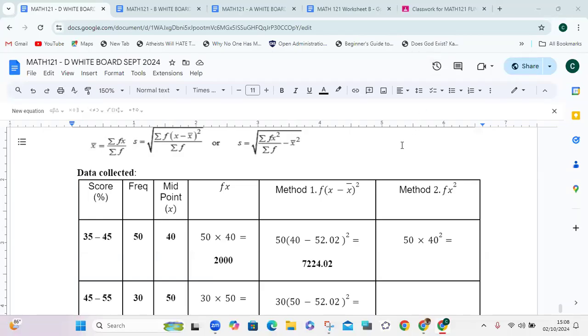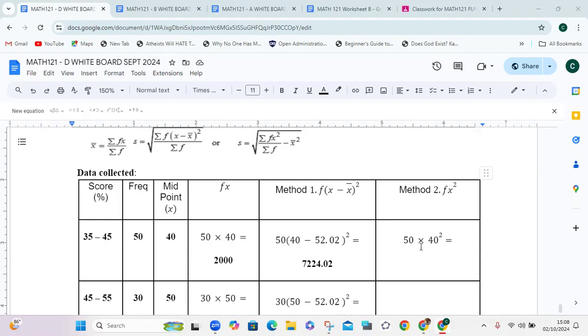In this recording, we are going to demonstrate how to calculate standard deviation using method 2. Here is the formula: the sum of fx squared over the sum of f, minus the mean squared. Now you notice that the table has facilitated the process by already creating a column of fx squared and went